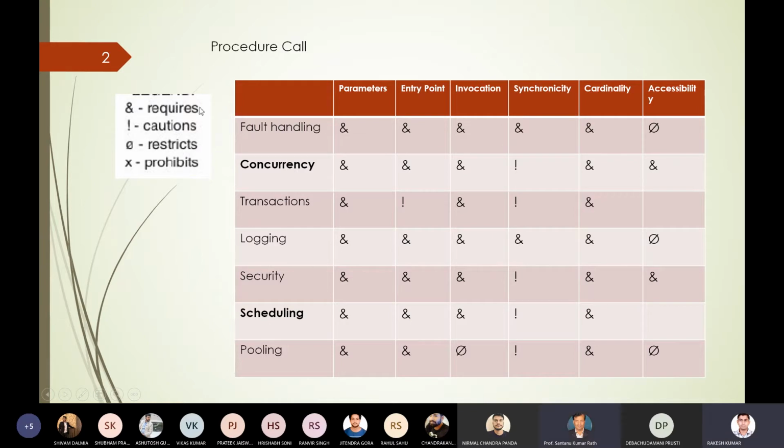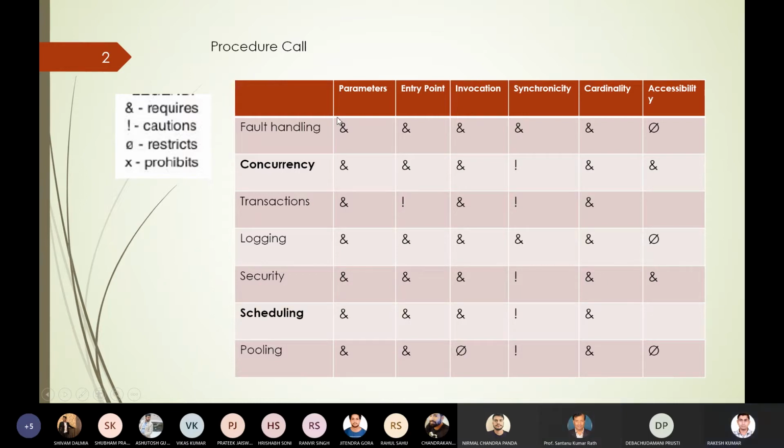The matrix is filled with four types of entry. These are the symbols for require, cautions, restricts, and prohibits. As Rishabh has already explained all this, I will quickly explain the combinations of the arbitrator with others. Let us start with the procedure call.